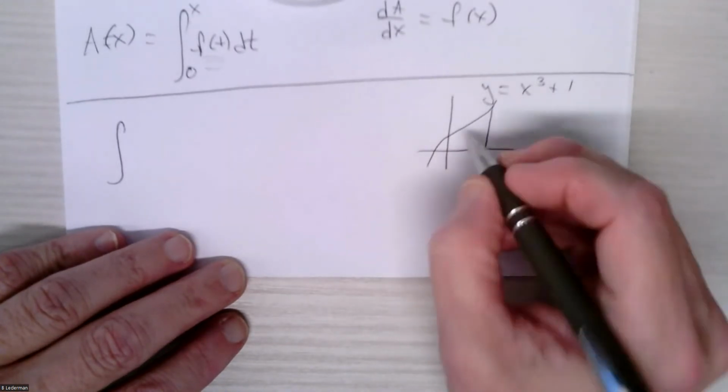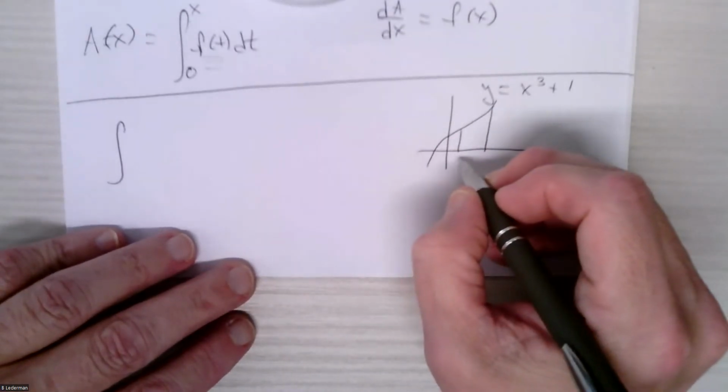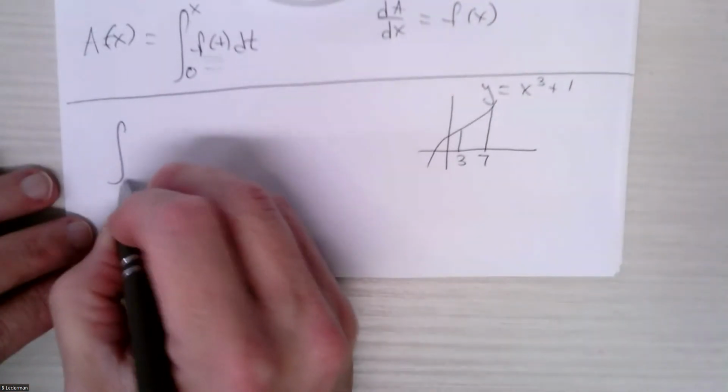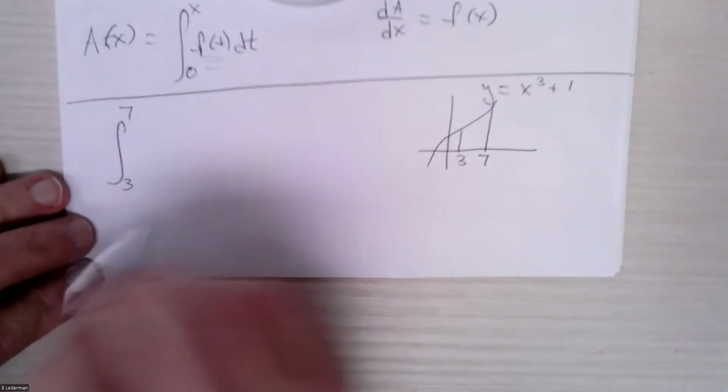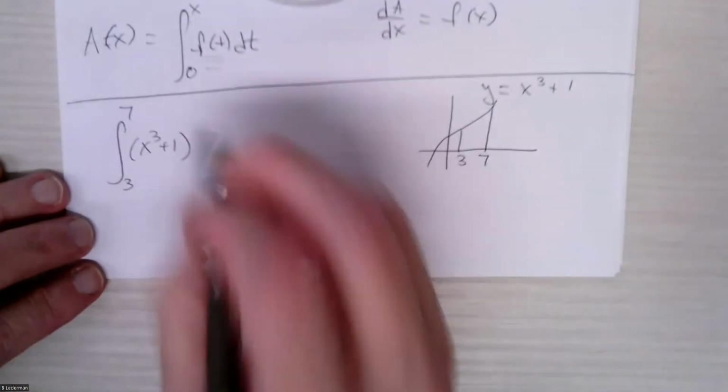And I want to find the area from, I don't know, 3 to 7. So I want the integral from 3 to 7, see, I'm making harder numbers here, of x cubed plus 1